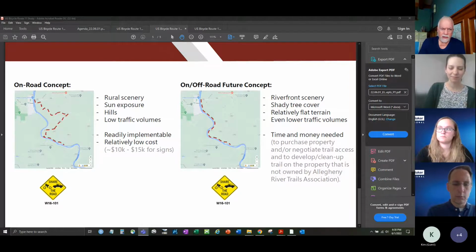Quite a few years ago, I tried to drive the on-road sections to get a real sense of how much of it was level, more or less level with shoulders, and how much of it was